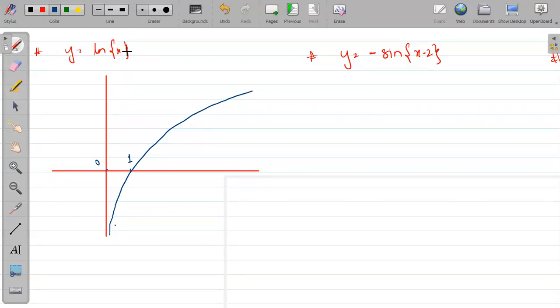So if you are putting x as 2, 500, 501, whatever you are getting, the range of bracket x is 0 to 1. So ln x will get input from 0 to 1 only. So basically, whatever you are doing, the graph will be repeating here. How? Just look at here.